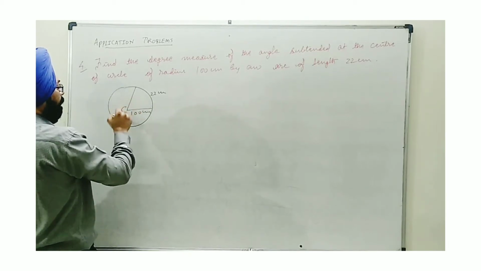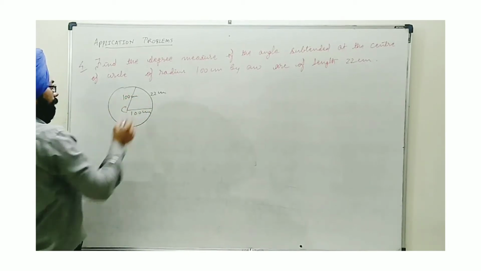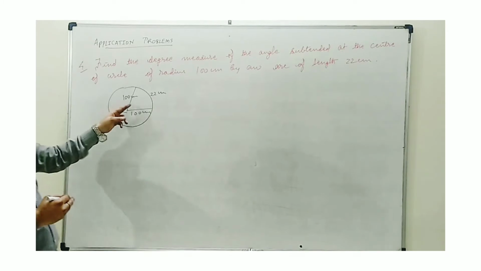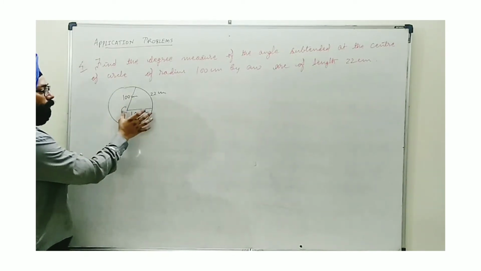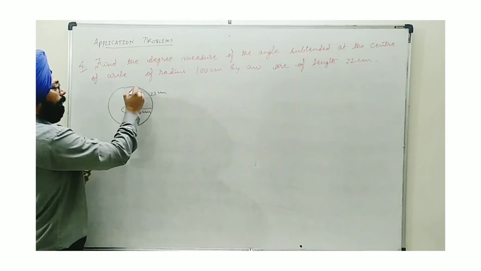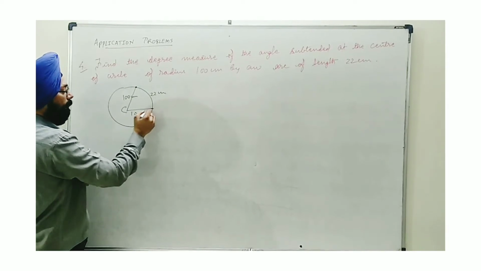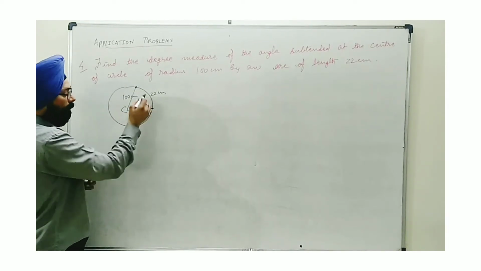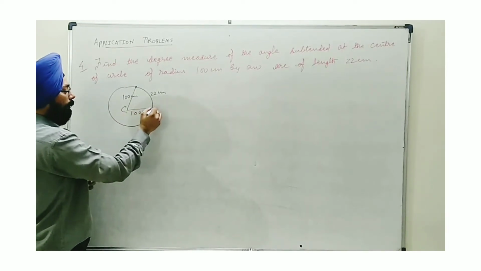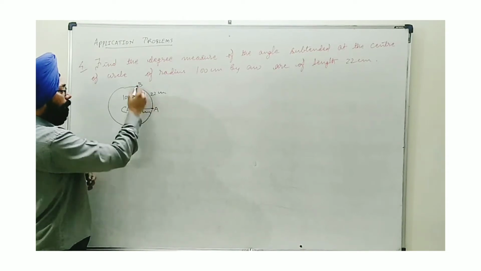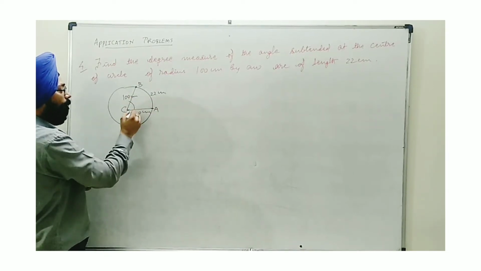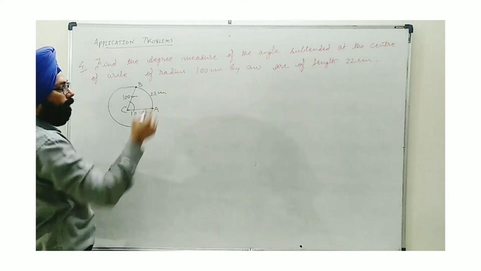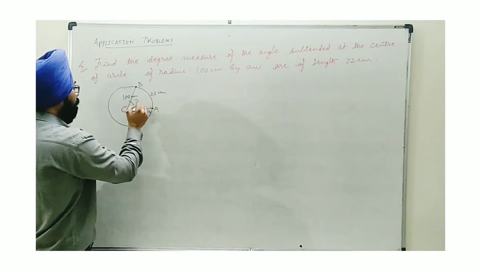If C is the center I consider, subtending the angle at the center here means that when we draw two rays in such a way that they end at the extremities of the arc, say AB is the arc, we join the points A and B to the center, then the angle formed between these two radii is what we have to obtain. This is the question mark.